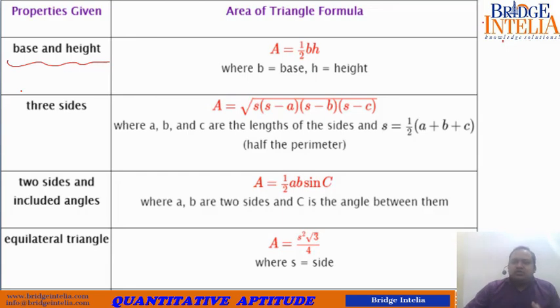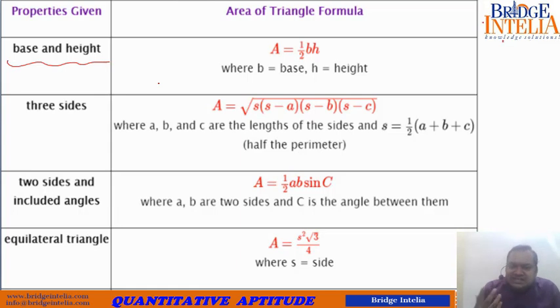What has to be known in order that one can find the area of the triangle? One can find the area of the triangle if base and height are given. If the value of base and height is known, then you should use this formula. You must have been using this formula since your school days. Area is equal to half into base into height. So this is situation 1. When are you going to use this formula? Of course, when base and height are given, because the formula itself says area is equal to half into base into height. Unless you know base and height, how are you going to use this formula?